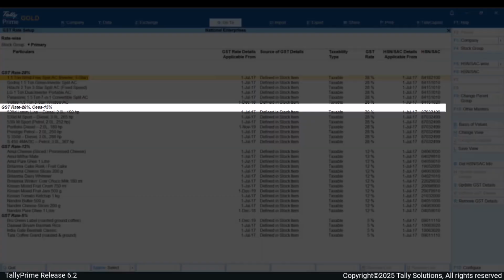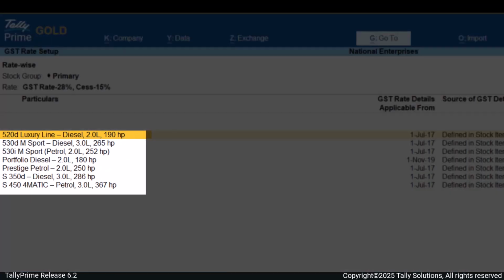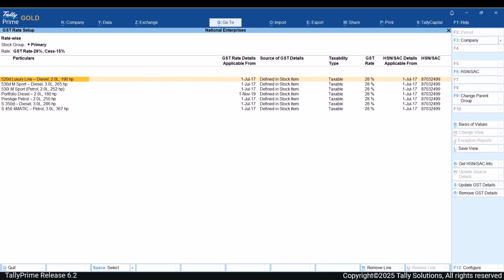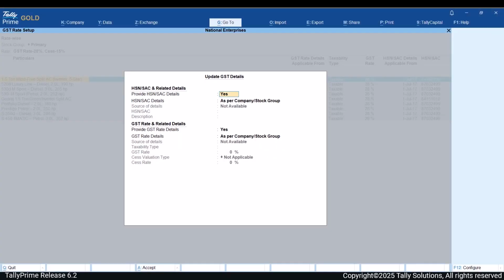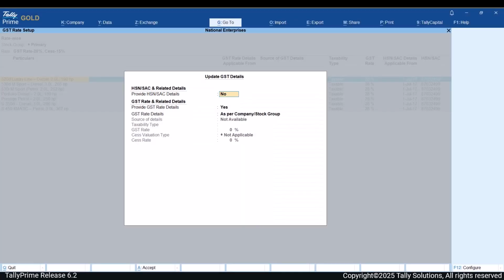Place the cursor on the header of the tax rate and press Enter to drill down. All the stock items under the stock rate category are listed. Press Ctrl plus spacebar to select all the items. Press Alt-S. Set the option Provide HSN SAC Details to No to avoid altering the current HSN details.